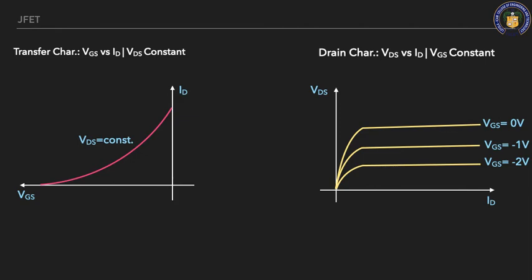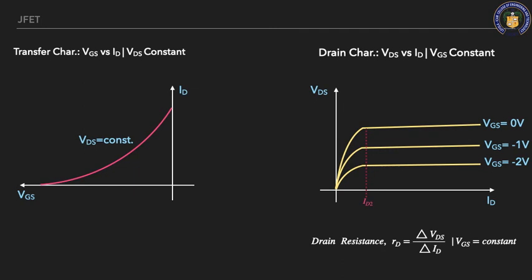So now we need to find some parameters. The first parameter is drain resistance, that is RD is equal to del VDS by del ID at VGS constant. You need to find this del VDS and del ID from the slope. So let me give you an example. Let me take a slope here. Any one graph you can take.